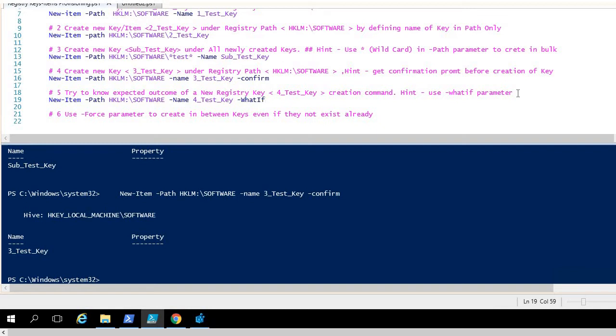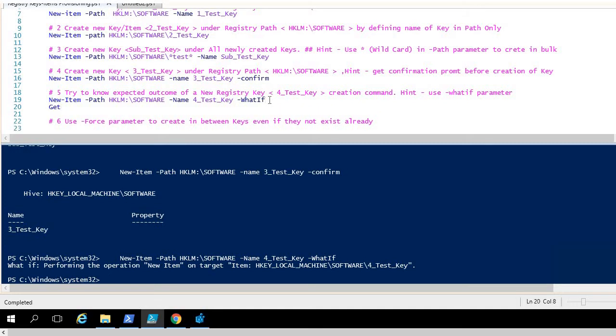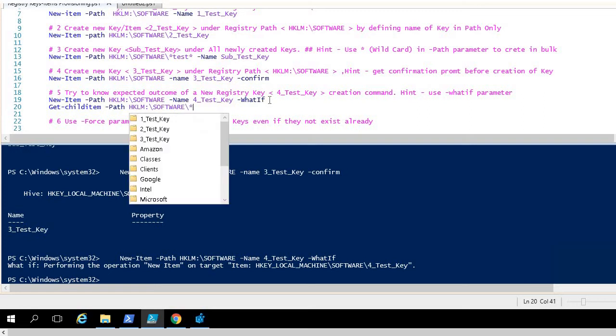Let me run it, and as you can see, it has not performed any action, but it is trying to tell us what will be performed if we run this command. Just to cross check, let me see if this key has been created or not. That starts with 4. Get-ChildItem, path is the same as what we copied, and all the keys that have test in their name, we need to list them.